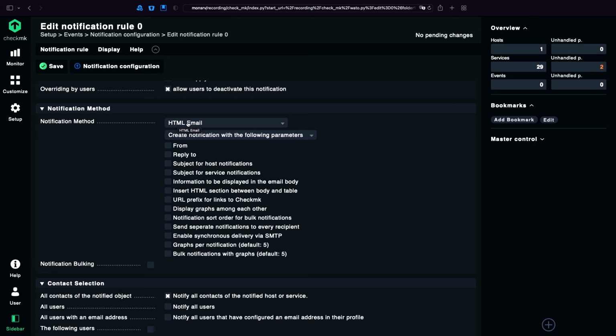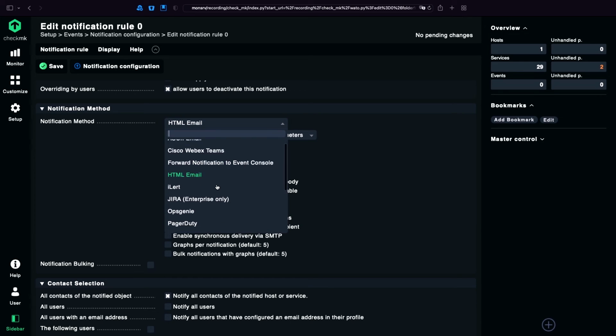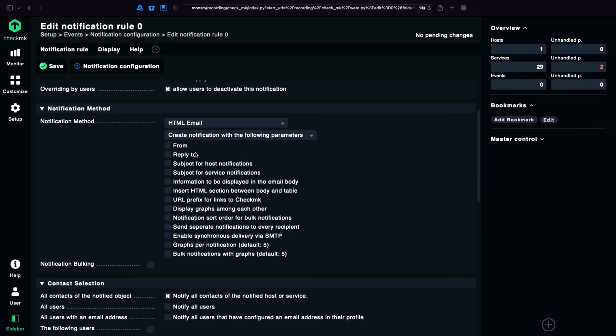Per default, it's an email, or you can choose other options here from the list. Also, you can install your own options using the extension system. Based on the notification method you use, you have different options to change the notification. It's like you can add or remove information to the notification.